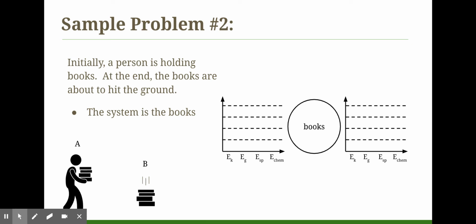This is something we will do frequently. About to hit the ground means it's like a millimeter off the ground. So we can basically say they're on the ground, but they're still moving. If we were to draw our LOL diagram for this one, we would want to ask ourselves the questions